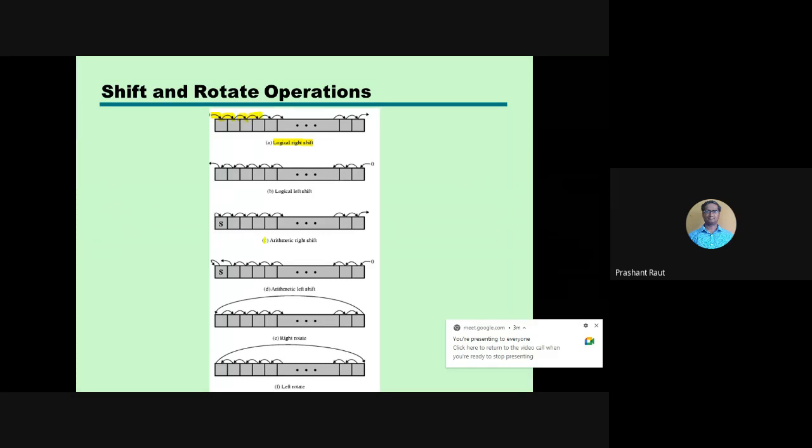Now in case of arithmetic right shift, whatever the sign bit is, that sign bit will be shifted, so we have to maintain the sign bit. But in case of logical shifting, 0 will be used to shift the values. In case of left shift again, this 0 is added, and then so on.